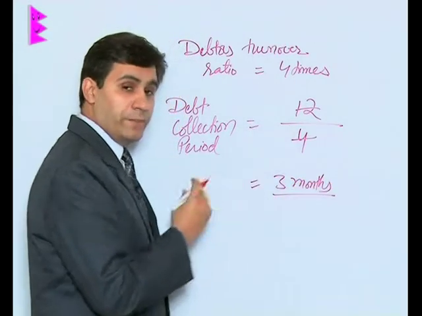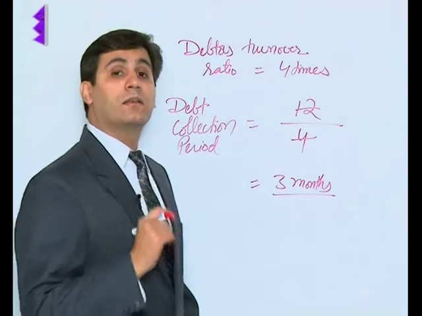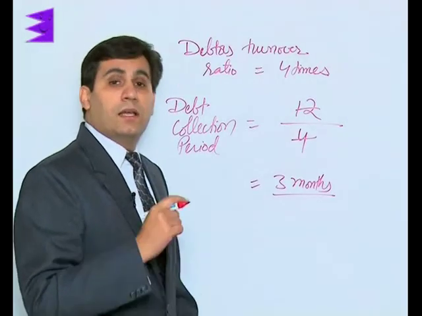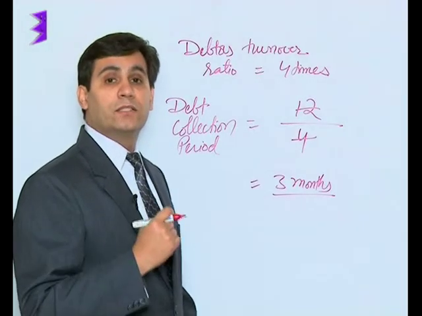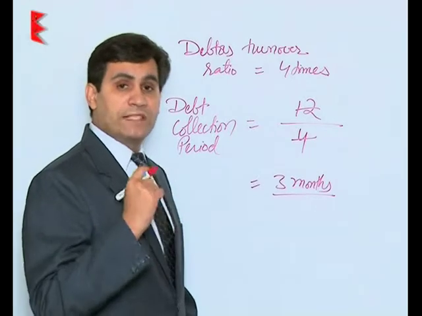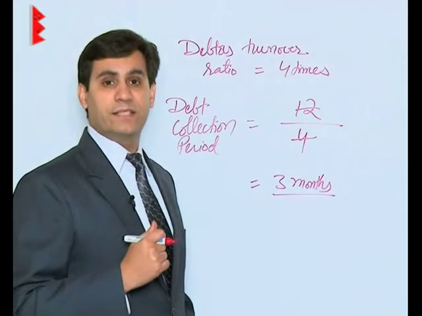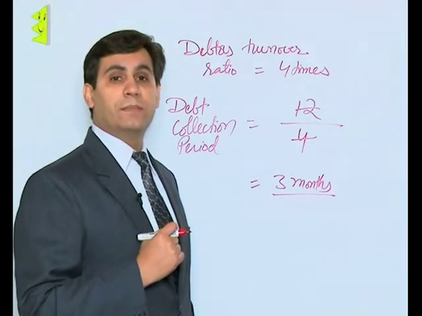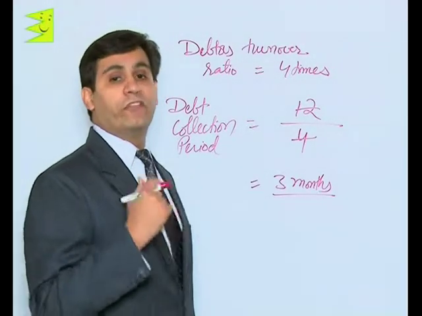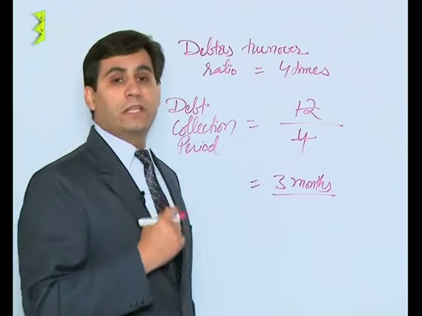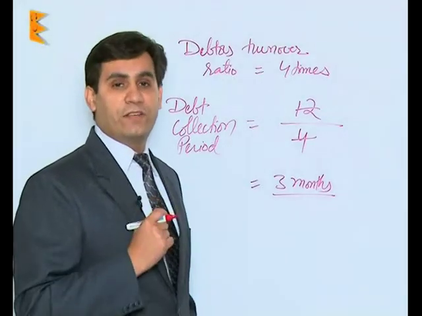So students, it makes it very clear that the sales in the first month are collected within next 3 months. For example, the sales that you effected in January, by sale I mean credit sales, their amount would be collected by the month of or the end of March or in the beginning of April on an average basis.